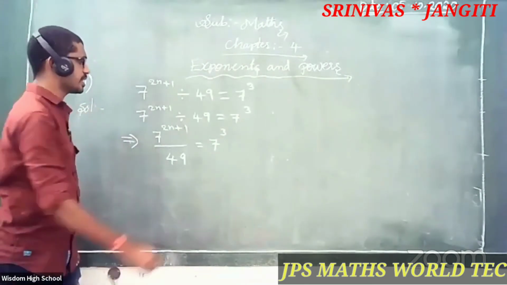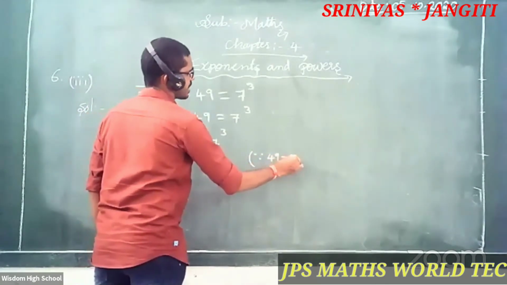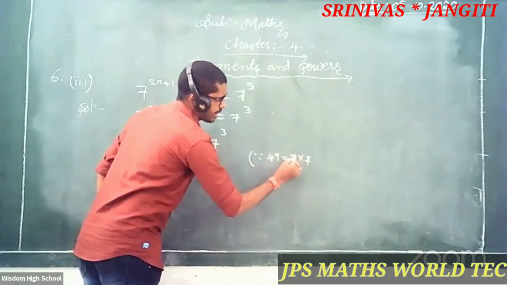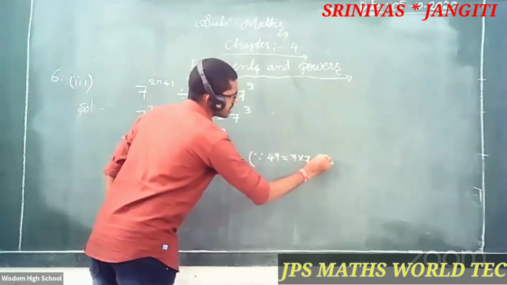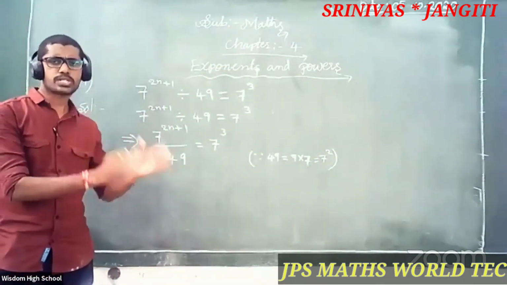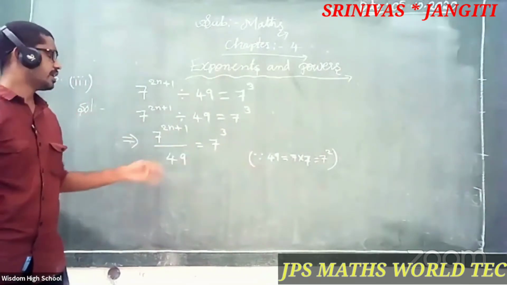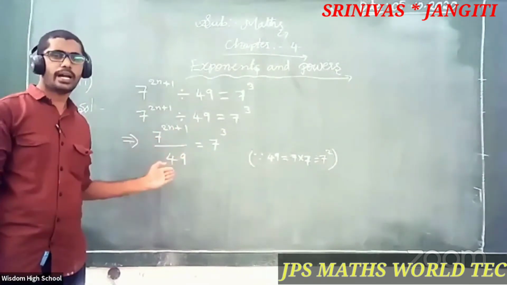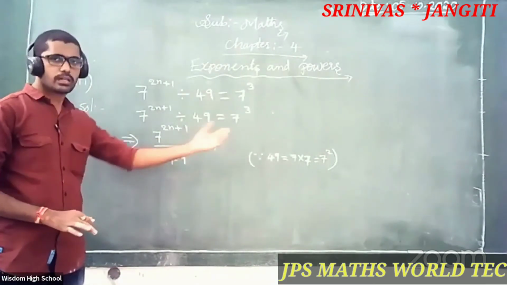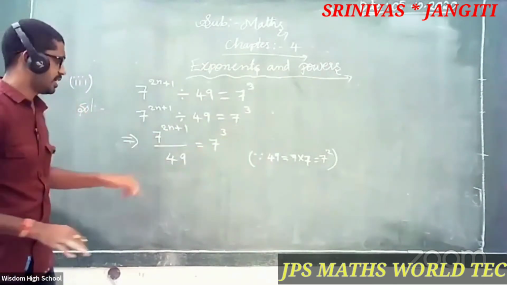Then 49 is equal to, simple here, observe everybody, 49, what does this mean? 7 into 7, right? 2 times 7, that is 7 square only, no? 7 square, 7 into 7, right? 7 sevens are 49. That's why 7 square and 49 are both equal only now. So this 49 you can also write as 7 square. Any problem? Is that clear, everybody? Very good.